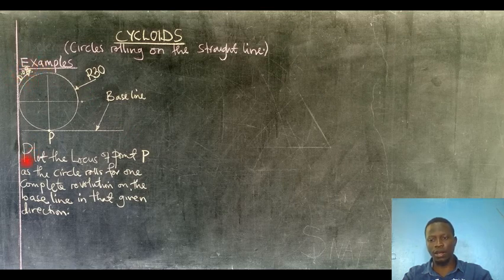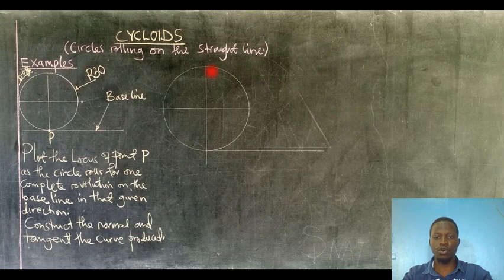Now the question is, plot the locus of point P as the circle rolls for one complete revolution on the baseline in that given direction. So the first thing we do here is to copy the